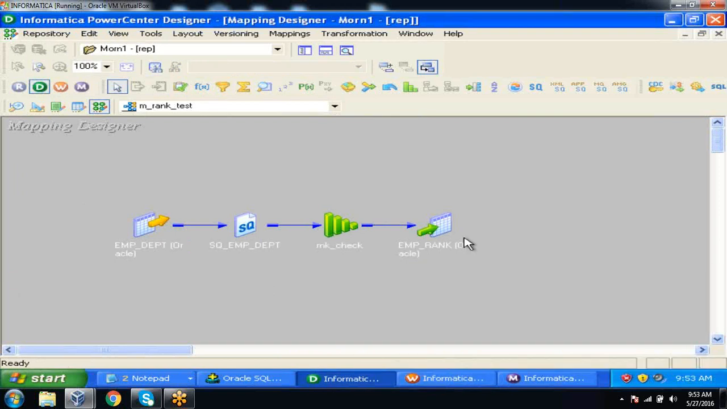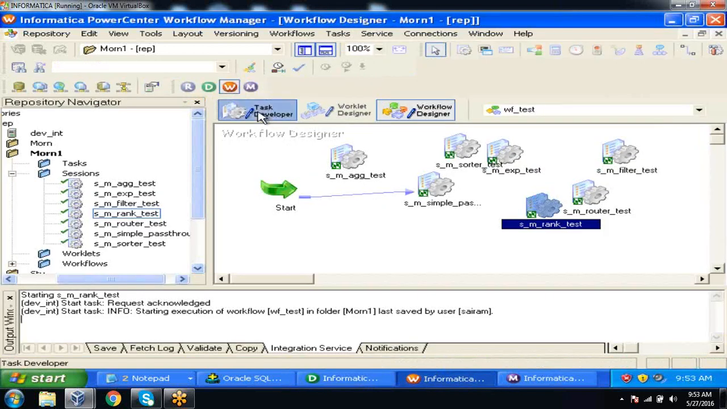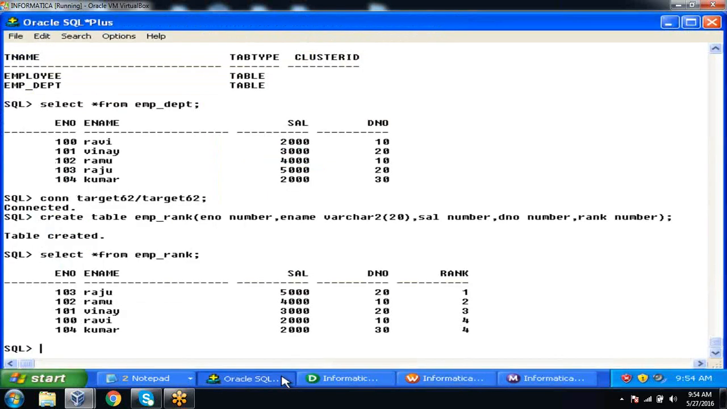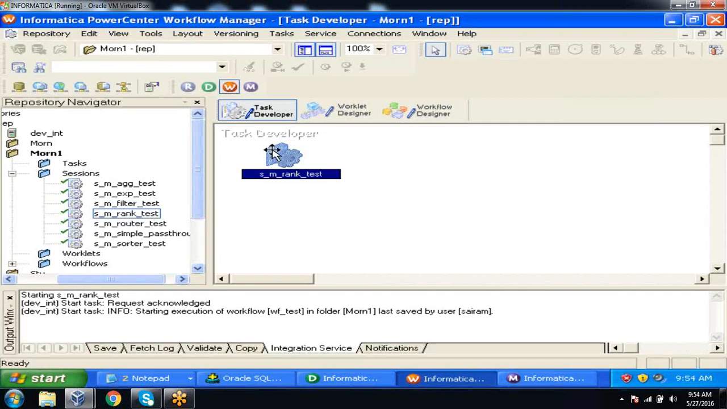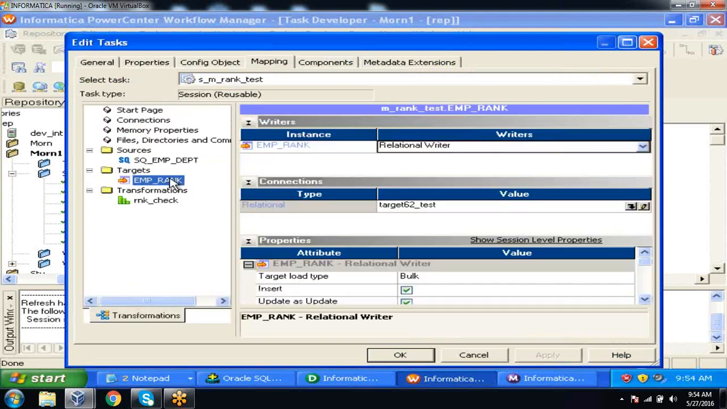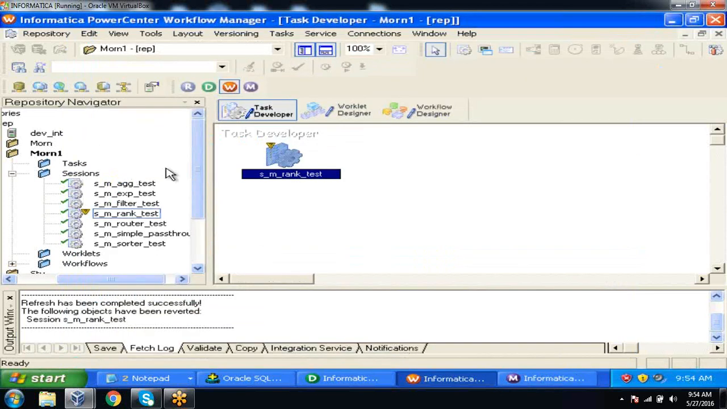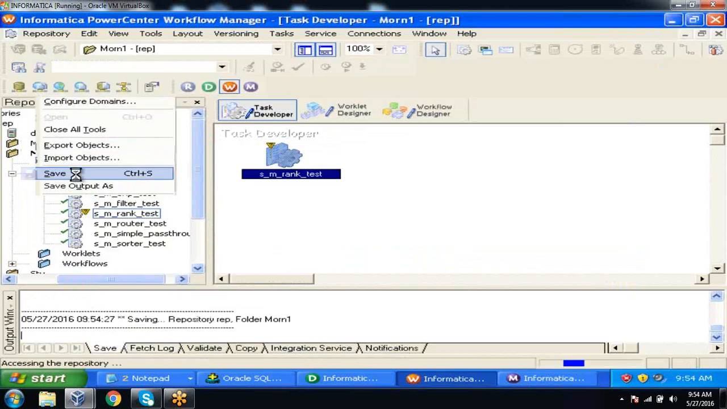Now, whenever you do the changes in the mapping, first you need to save the mapping. After that, you need to refresh your session. Select task developer. There are two ways: double click or refresh mapping. Refresh. So here I want to truncate my target table existing data. Either manually I can truncate or I can enable the option. Go to mapping tab, select your target, select here, truncate target. Click on apply, click on repository,